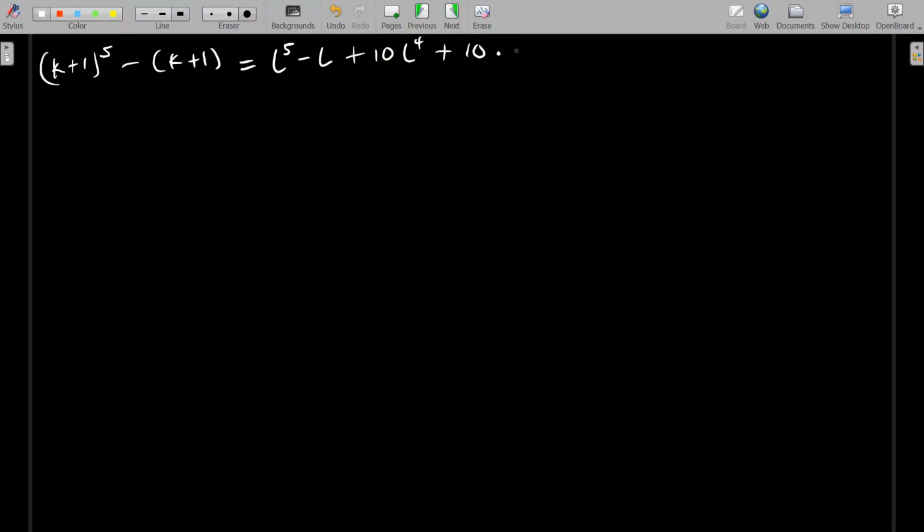Right. Now if I go ahead, I'm going to have that (k+1)^5 minus (k+1) is equal to... we've been able to express it in terms of L. So this is going to be L^5 minus L. I'll go back and show that to you. 10L^4 plus 10 times 2 squared, and that is 4L^3, plus 10 times 2 to the power 3, and that is 8L^2, and then plus 10 multiplying 8L, plus 32 minus 2. If you go back,